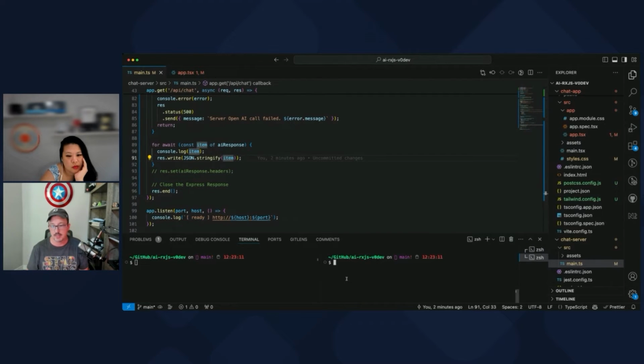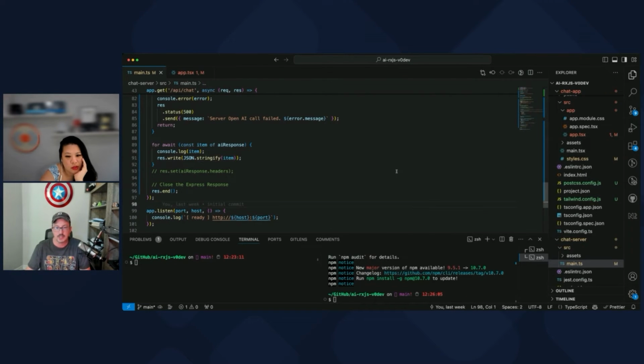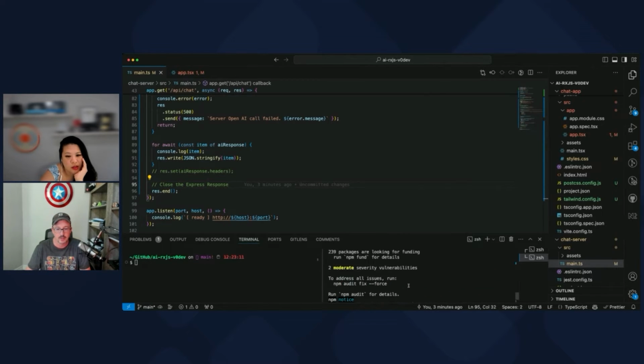How so? Let's see. I'm going to do npm install --save ws, and I think we have to install the types for ws also. This is the WebSocket stuff for Node. I think you're not in the project, no? This is the project. Oh, can you see this right now? Yeah, I can see it. So this is the project. So we installed that. Major version of npm available? I don't even care. That's what I say about that message.